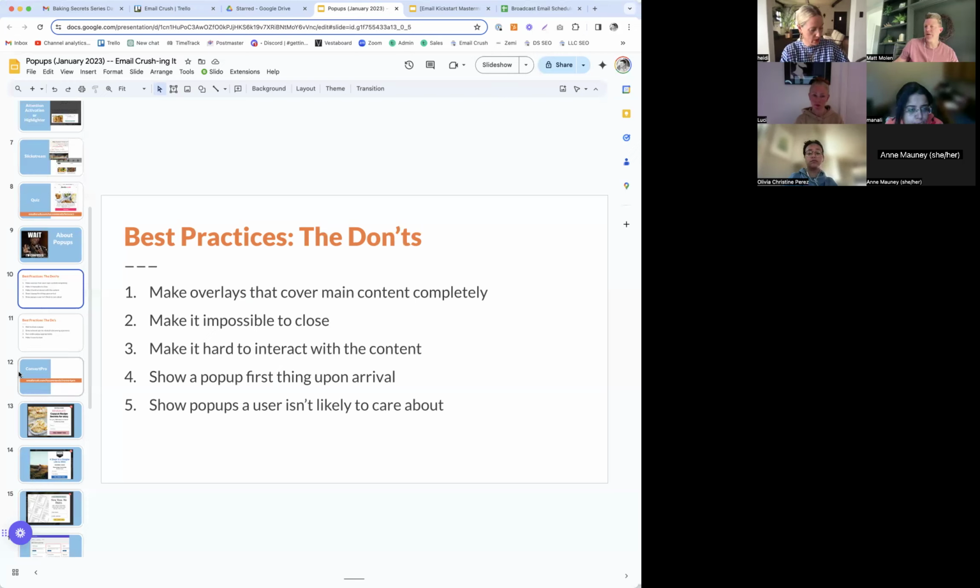All right, let's see some examples. Now, if you use any of the platforms, Flowdesk, MailChimp, MailerLite, ConvertKit, ActiveCampaign, Constant Contact, they all have built-in pop-up software. You have to decide if you like it. I, for years, would not touch the ConvertKit pop-ups because they would not allow me to make a different experience on mobile versus desktop.